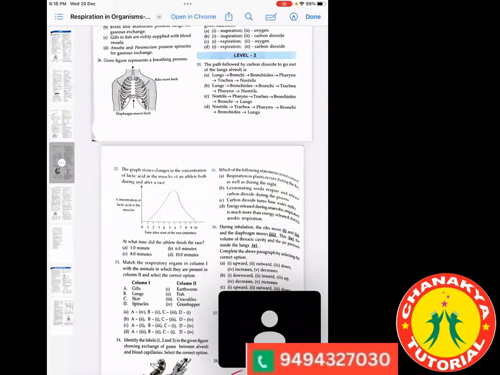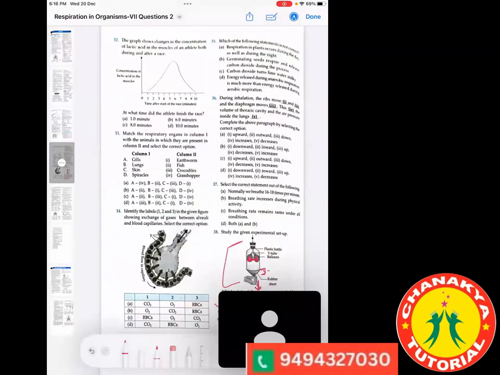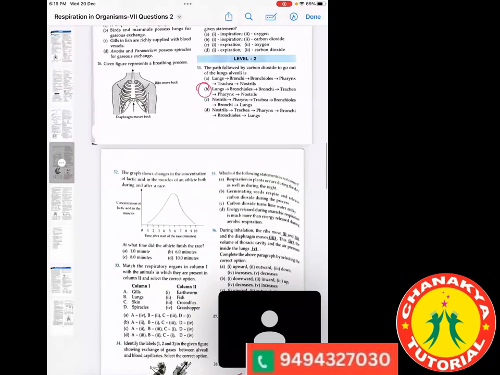Yes, ma'am. In question number 31, it is written that the path followed by carbon dioxide to go out of the lungs alveoli is... Ma'am, I have written option B. Correct. So the option is... just one minute. The option is B. So yes,